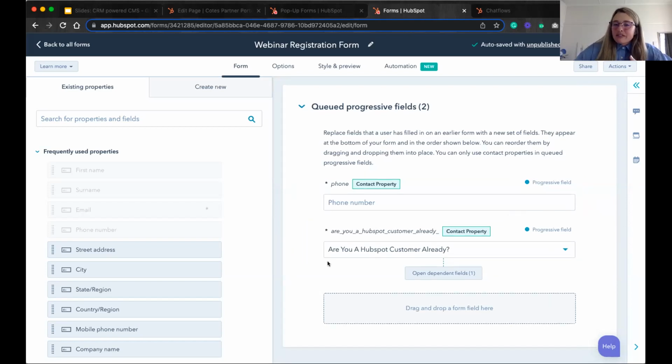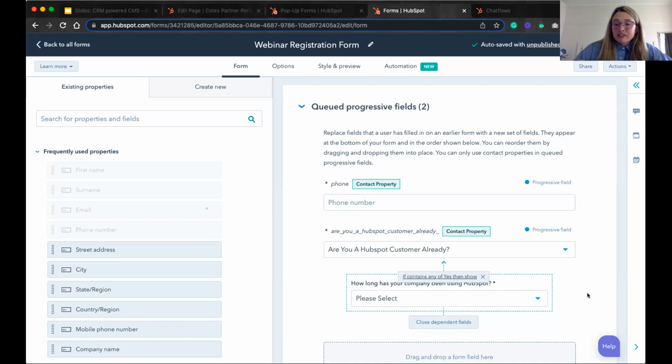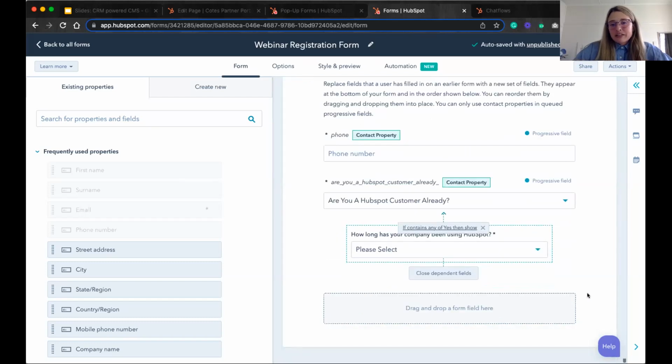So the other thing that comes with progressive forms is the dependent fields, right? So the dependent fields basically allow you to ask follow-up questions. So basically, it can be, how long have you been using HubSpot? What HubSpot products are you using? So this allows us to get more granular details systematically over time on existing contacts,